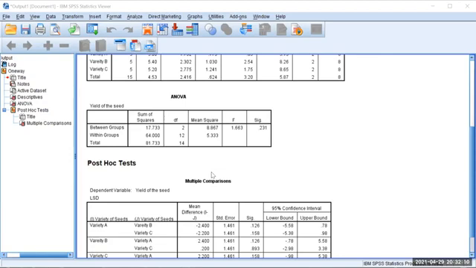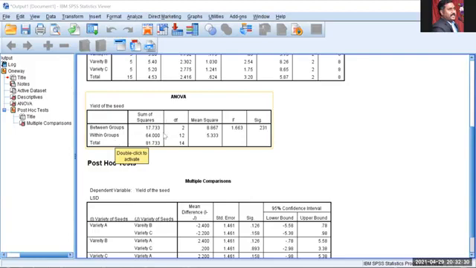If you square these values and add them, you get the sum of squares between the groups. And within the group, within variety A itself, you square and add, and there you will get this value.